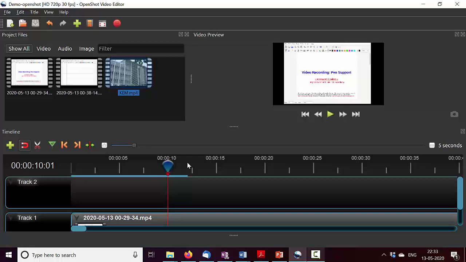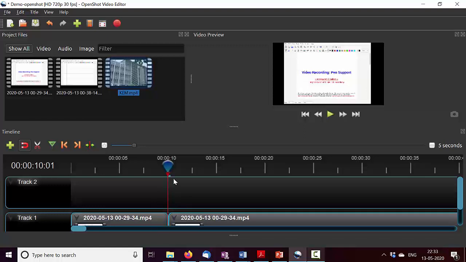So let me start with the easier way. I just need to right click this blue slider and it says something called slice all, and I'm going to choose keep both sides, which means when I do this, it's going to chop. As you can see, it's now split into this.